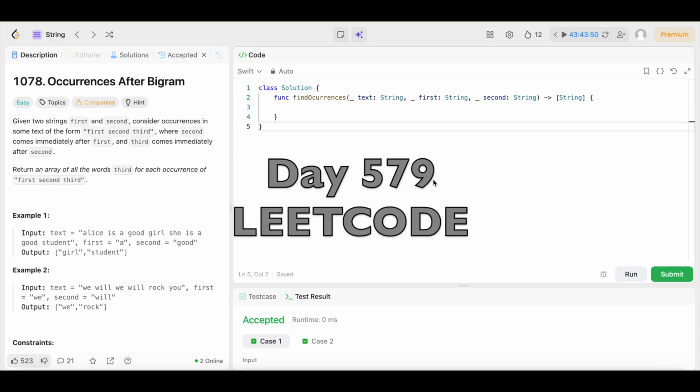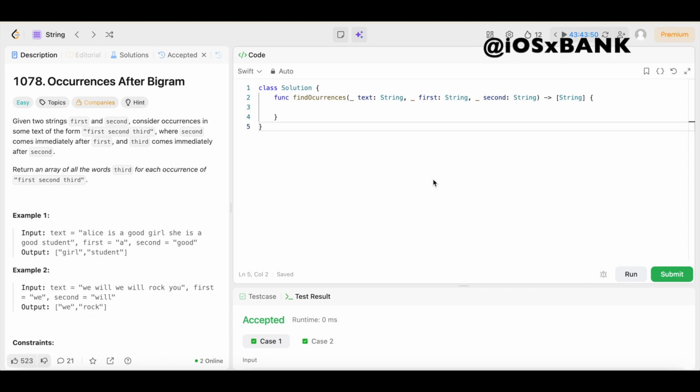Day 579 of doing a LeetCode problem every day until I get a job. All right, y'all, we're back again, another day, another LeetCode problem. Today we have question number 1078, Occurrences After Bigram. The difficulty level is easy, so you already know we're going to keep the solution as simple and easy to